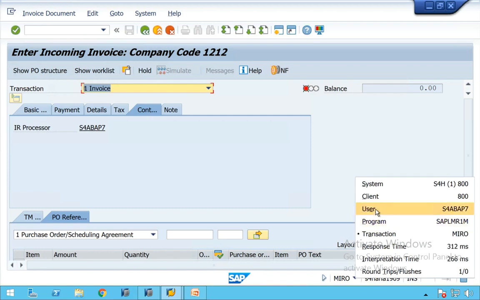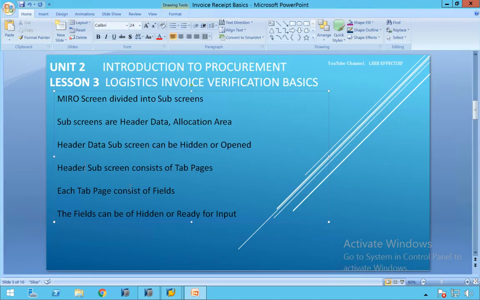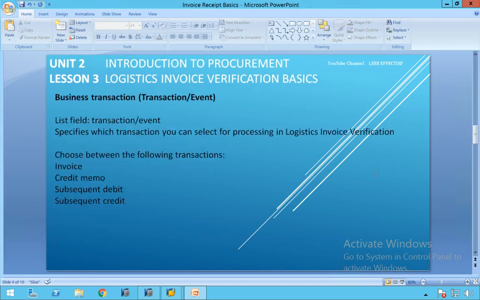My user ID is S4ABAP7. The fields can be hidden or ready for input. That is a concept of SAP, how it handles the fields of the tab pages of the subscreens. We'll go to the next slide.